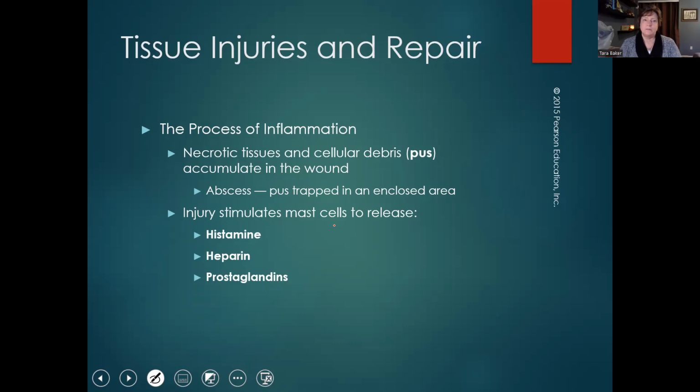The cell debris and the dying tissues all together are called pus. So if you have pus, we can see pus easiest right on the face. Pus is that white stuff. That white stuff is dead, dying cells and your white blood cells trying to start getting stuff fixed. So pus is yours. It might contain bacteria, but the majority of pus is actually from your body.